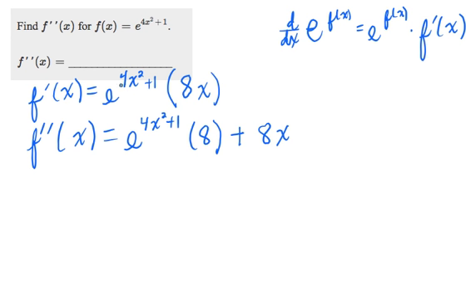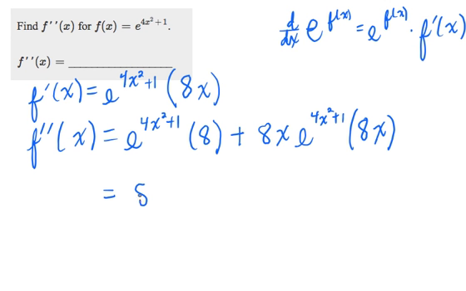plus 1. And for the derivative of e to the 4x squared plus 1, it is itself, e to the 4x squared plus 1, times the derivative of its inside function, which is 8x. Okay, that's it, unsimplified. If you wanted to, you could factor, because both of these terms have a lot of